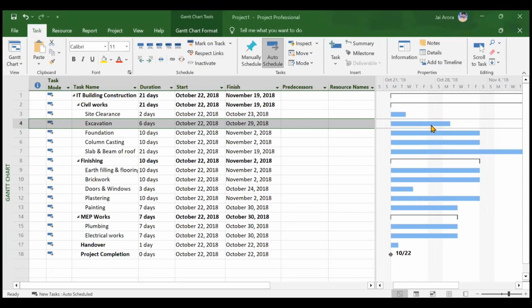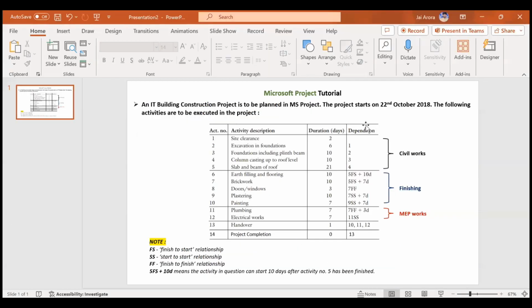Hi everyone. So in this particular video, we'll be assigning the relationships to our activities and our milestones. Relationships are nothing but the predecessors and successors. For the activities, what are the preceding activities and what are the successive activities we have to assign in this particular video. If we go to the presentation, you'll see that excavation is depending on our activity number one,